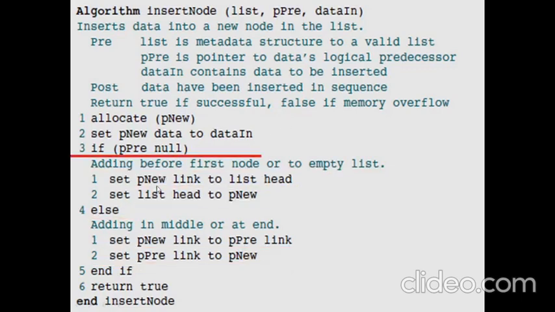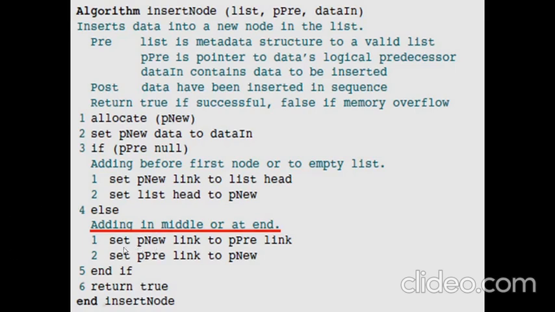This is about the first option, when p3 is null. But on the other hand, if p3 is not null, which means we have to insert either at the middle or at the end of the linked list, for that also we have two lines which will work both in the case of middle as well as end. Again, I am going to show you a demo to make it clear.